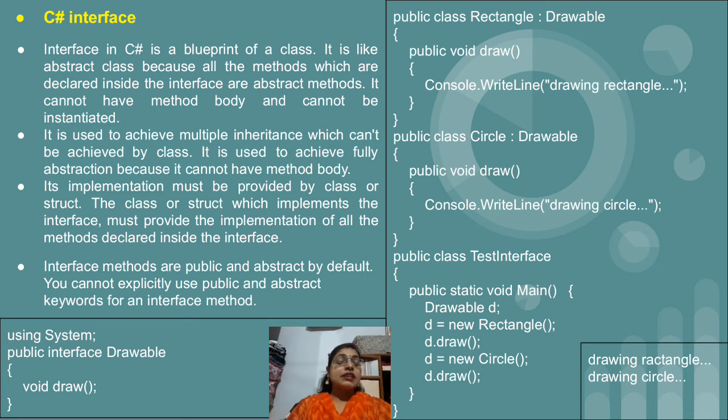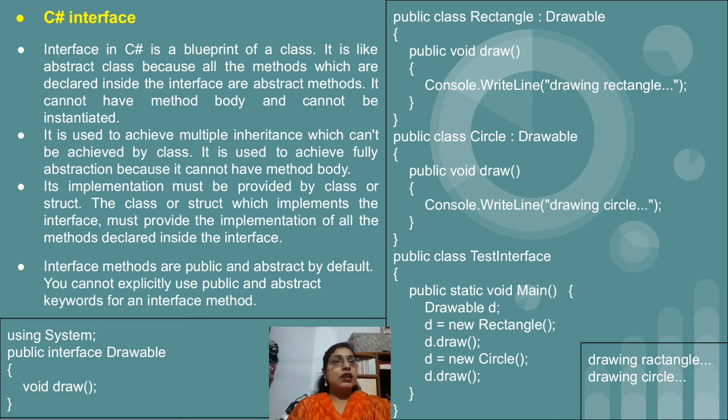But while defining, it is very important to write the public keyword. Without public, we cannot access the interface method. This is the reason why, just see the program. We have created one class, Rectangle, which inherits the Drawable interface, and as the Rectangle class is inheriting the Drawable interface, we have to define its method. So while defining, we have written public void draw. This is a very important point. The public keyword is compulsory, otherwise you will get an error message.